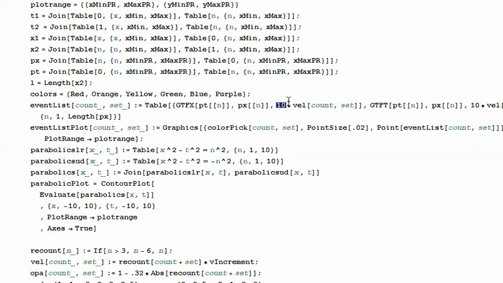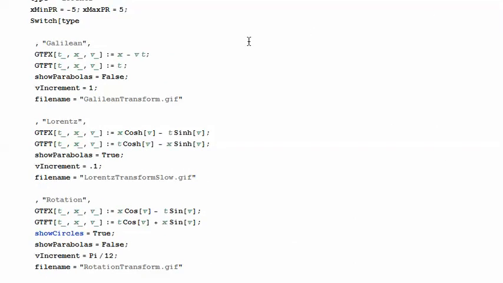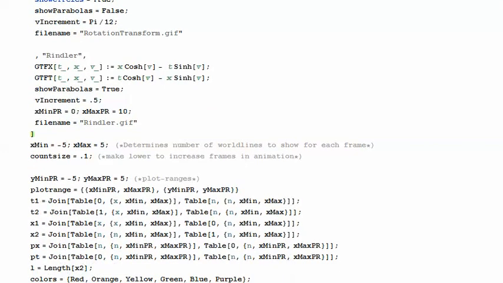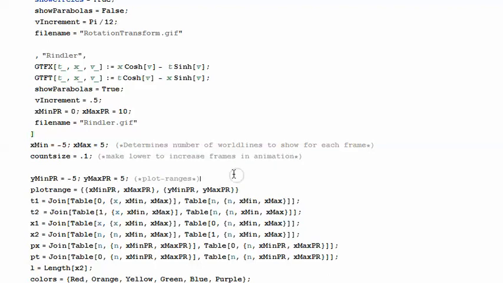I'll get rid of this 10 here and this 10 here, and then come up to here and fix the V increment to be 1 again, as it was at the beginning, and then this, make lower to increase frames and animation. And I wanted about 10 times as many frames, and I'm going to change that to 0.01,